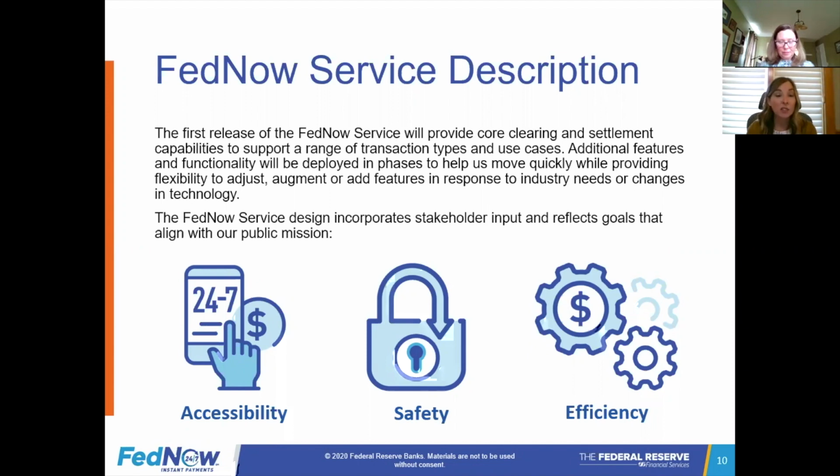And we believe this phased approach will allow for adjustments and improvements in response to industry needs or changes in technology. I just want to reiterate that implementing the FedNow service as soon as possible remains a high priority for the Federal Reserve. And thus far, we've been fortunate that the pandemic has not negatively impacted our progress. While our target release still remains 2023 or 2024, we do intend to announce a more specific timeframe for launch once additional development work is completed. So now let's jump to the next slide and really look more specifically at the features.